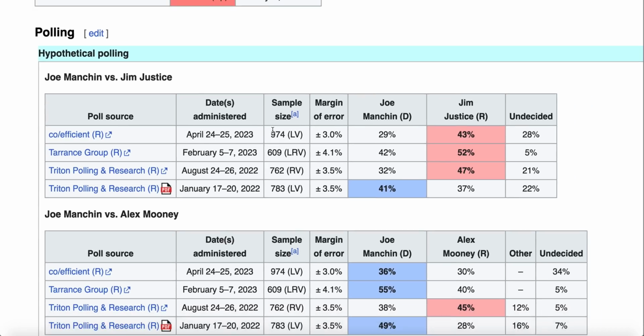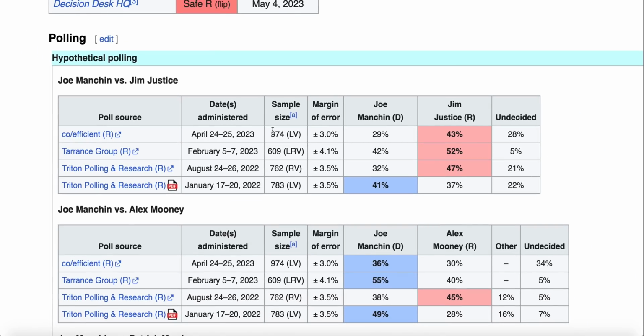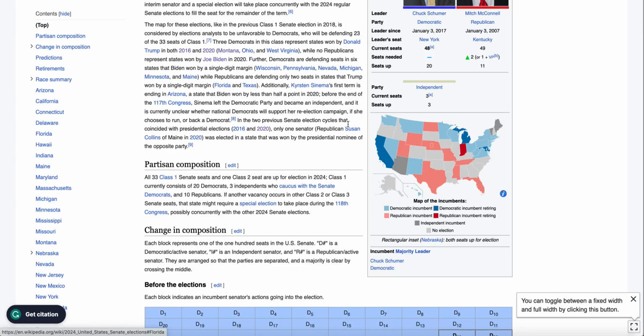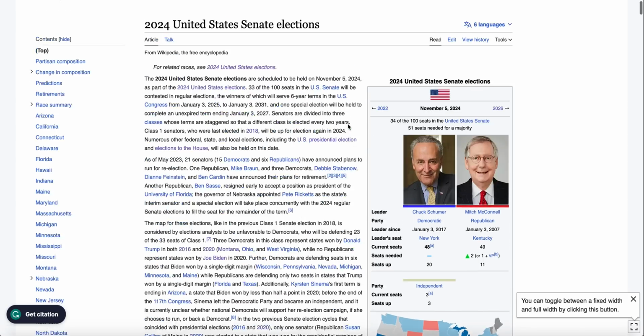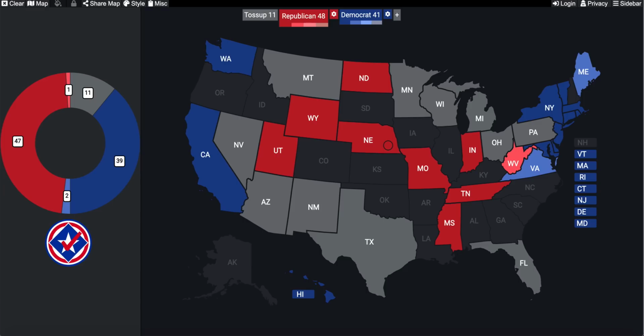And when you look at the numbers between Jim Justice and Joe Manchin, honestly, Jim Justice is probably going to win here. Democrats would hope it to be Alex Mooney, but Jim Justice is the likeliest candidate to win in this potential matchup. Should Jim Justice be the nominee, he beats Joe Manchin in practically every single poll besides one in early 2022, and honestly, it's not one that I would entirely believe. So I'm skeptical of that data in the state of West Virginia, besides the fact that it shows the Republicans winning, and I think that is the most trusting data that we have at this point.